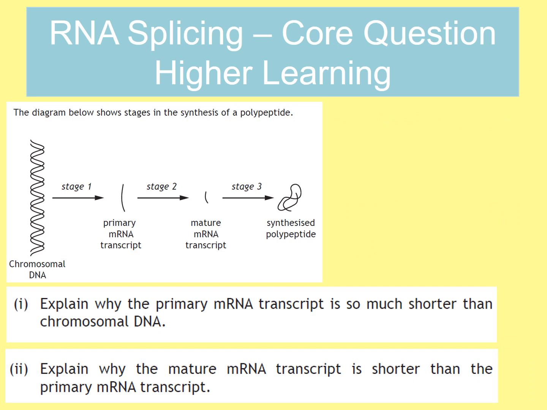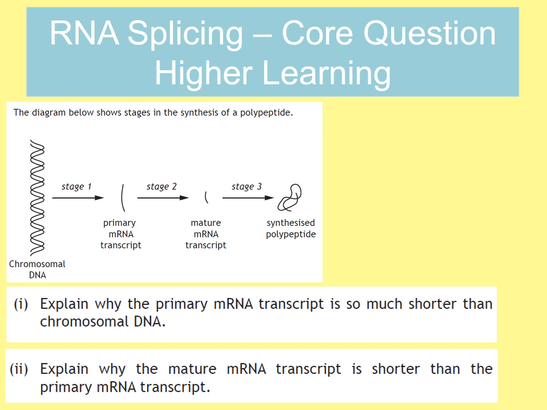In terms of RNA splicing, there is a very, very common core question that gets asked at higher level. So I want to take the opportunity to work through this question with you. We've got a diagram that shows the stages in the synthesis of a polypeptide, so the synthesis of a protein. We've got the chromosomal DNA at the very left-hand side. Stage 1 sees a primary mRNA transcript being produced. Stage 2 sees a mature transcript being produced, which then in stage 3 ends up synthesizing a protein. So you've been asked in part 1 and part 2,